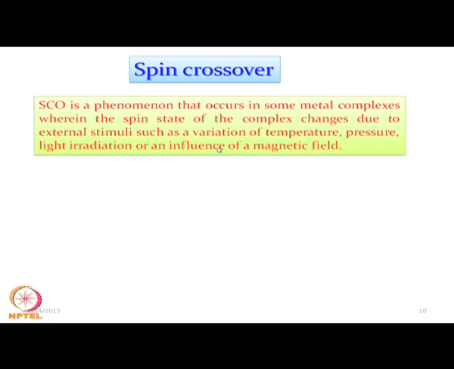That means we are giving some external stimuli as temperature, pressure, light irradiation or magnetic field. So, once we change the corresponding temperature, and as we have seen just now that it is in the range of corresponding thermal energy, that means the kT can control the corresponding spin state of the